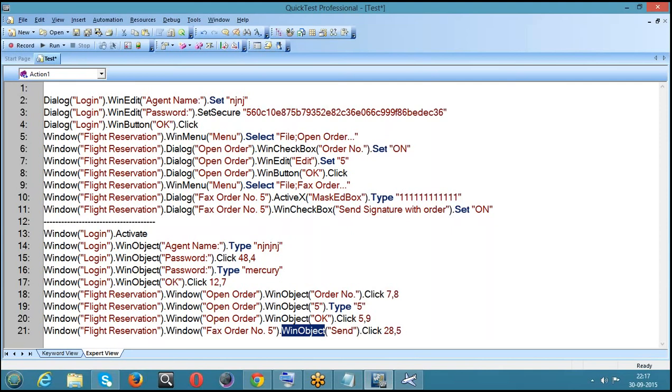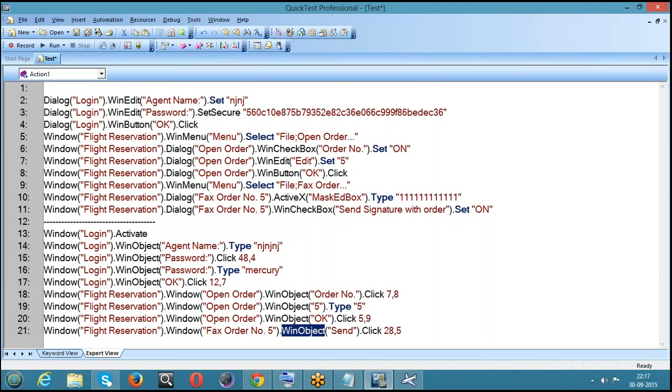What type of object? What is the class of it? Whether it's a checkbox or an edit box, whether it is a button, it's not giving that out. It's just saying it is a Windows object. But what sort of Windows object is it? What is the class of it? It is not displaying it. It's displaying in such a way that we are working on an unsupported environment. It is not properly identifying the object's class. So it looks like we are working on an unsupported environment.